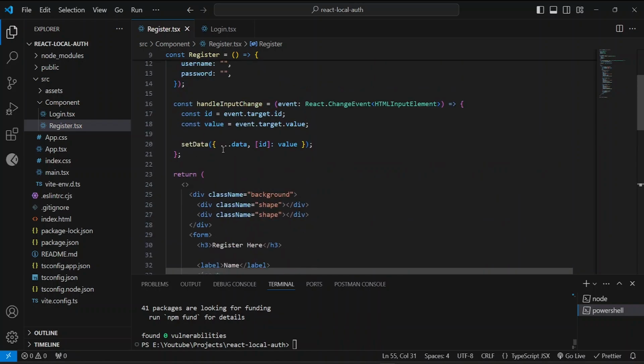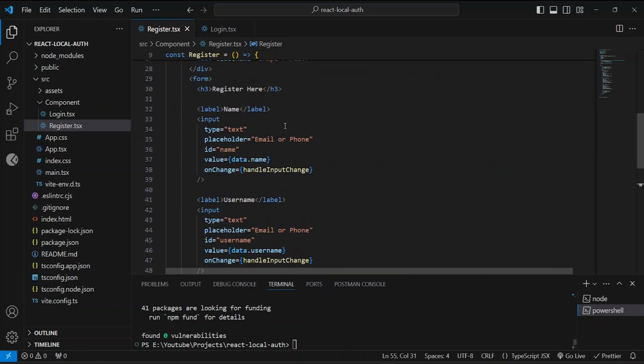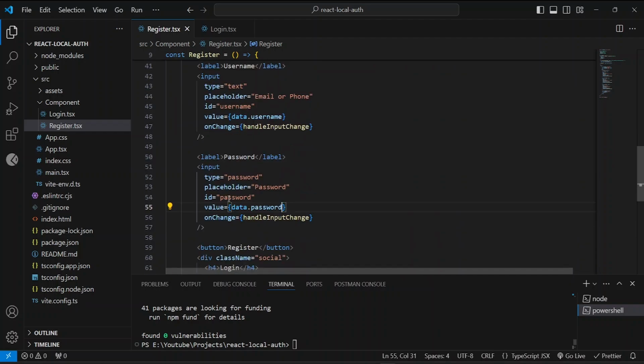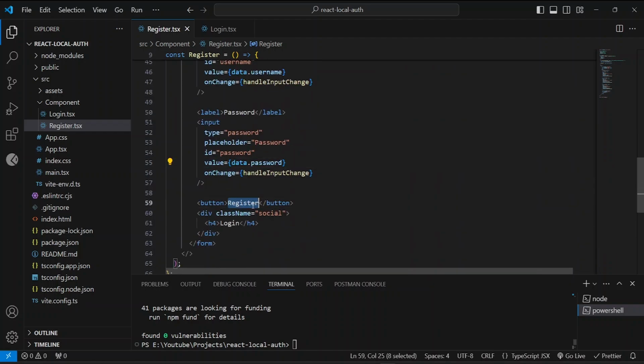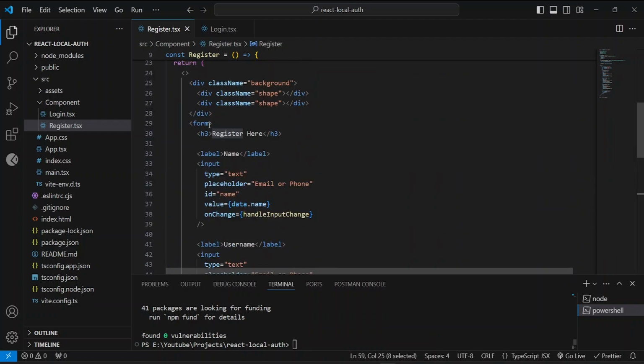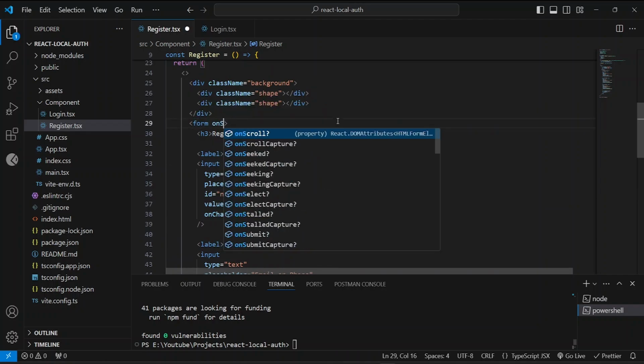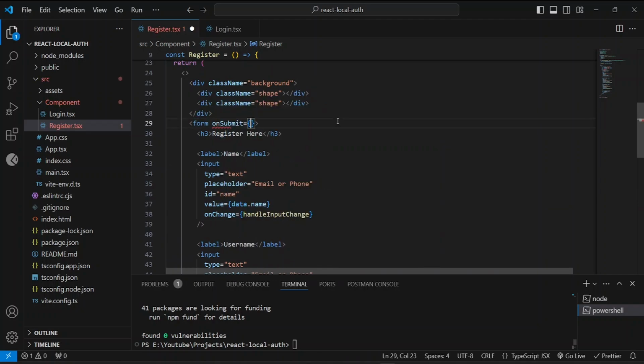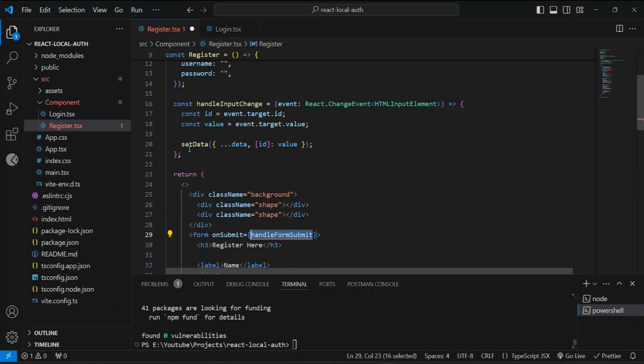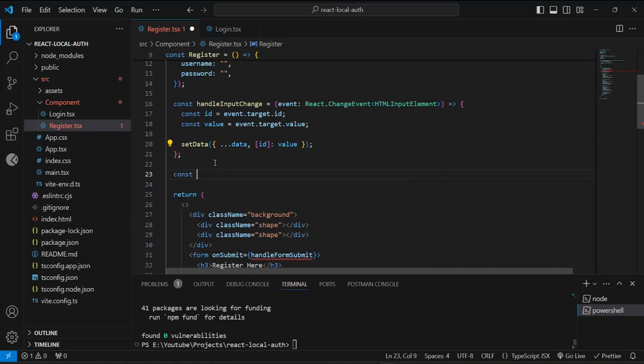I think we are good with this as of now. Now, on clicking the register button, we want one trigger. So on submitting this form, let's write here on submit and handle this handle form submit, right? And let's create this function also, const handle form submit,